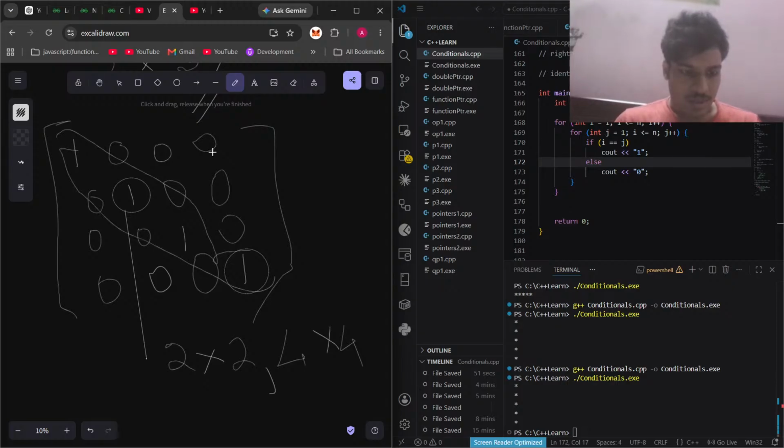I hope you got the point. The diagonal, which is the identity matrix, right? Which is what we want. If you consider that diagonal, you will get 1 into 1,